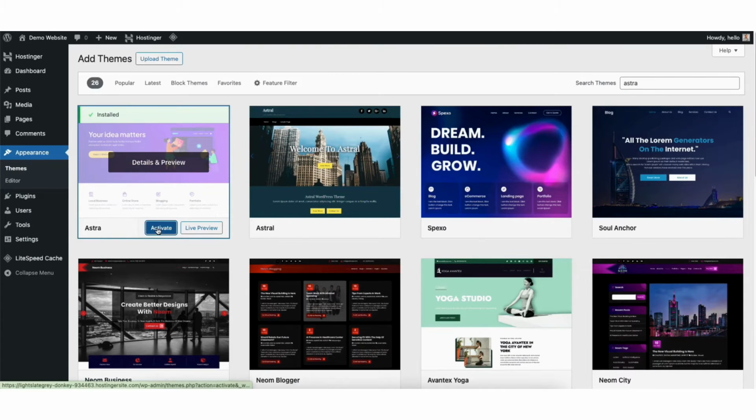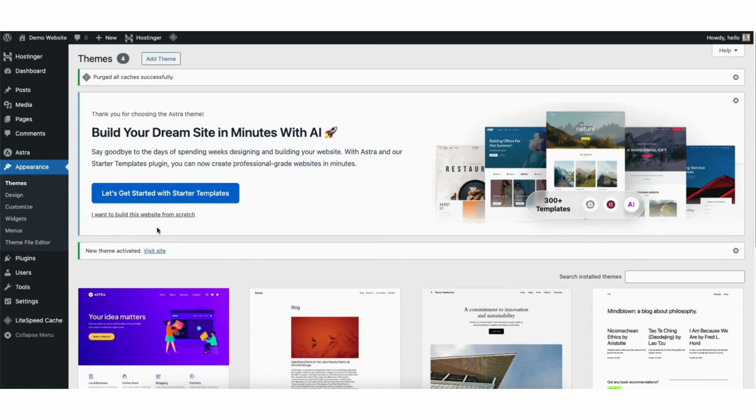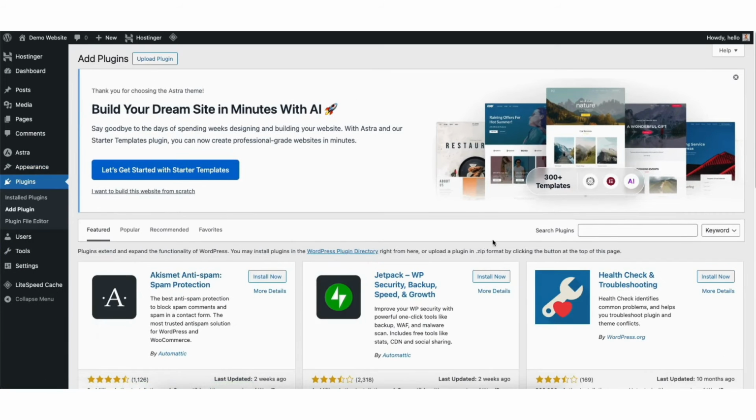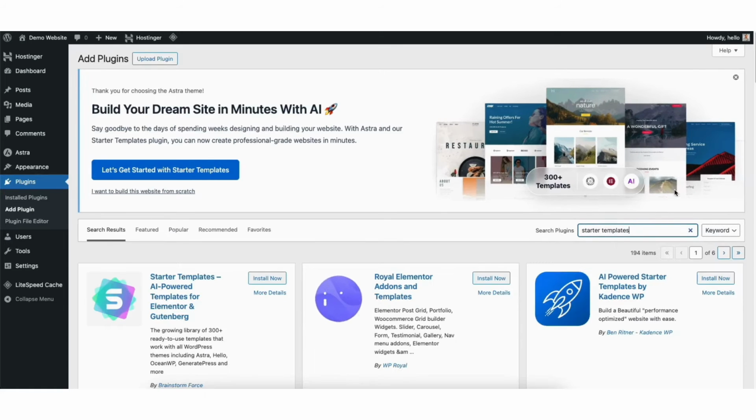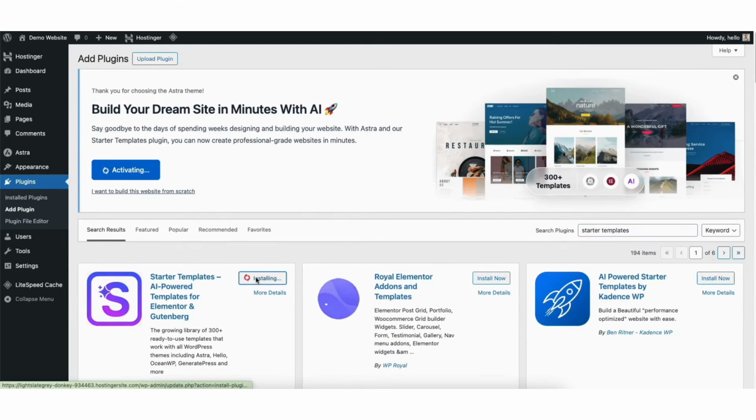Then click the Activate button. Once it is done activating the theme, you want to find the Plugins tab in the side menu. Click Add Plugin. In the search field, type in Starter Templates. You want to click Install on it,